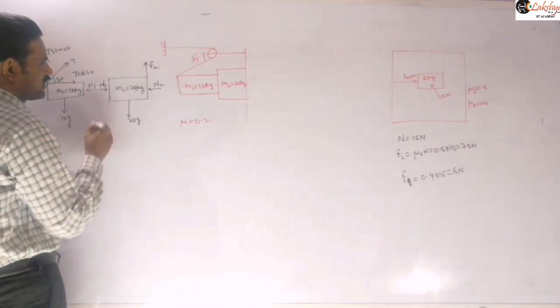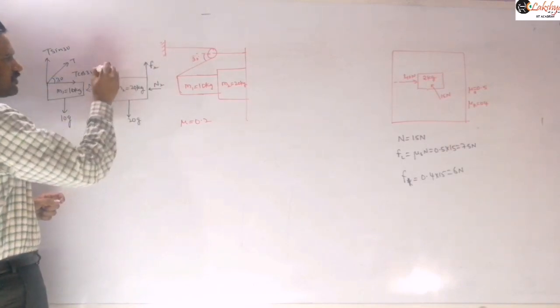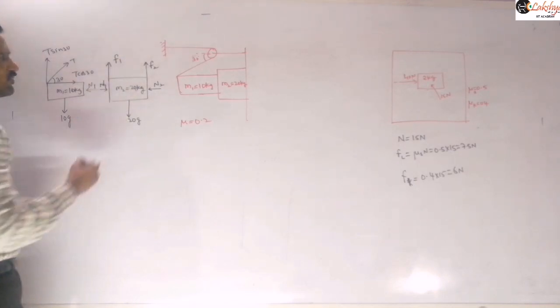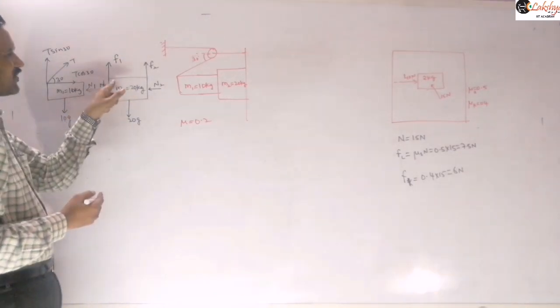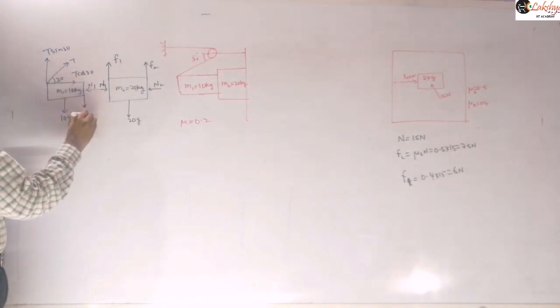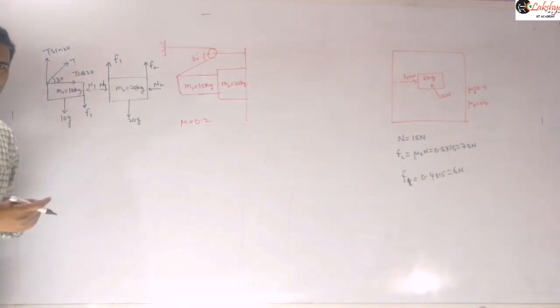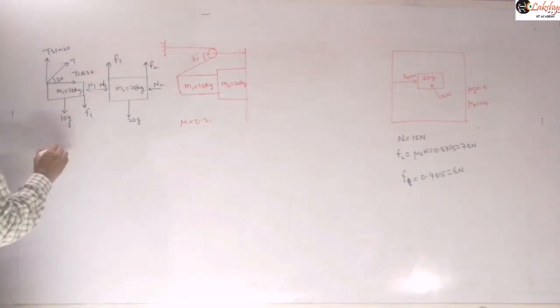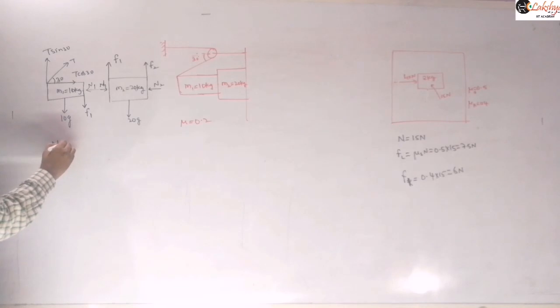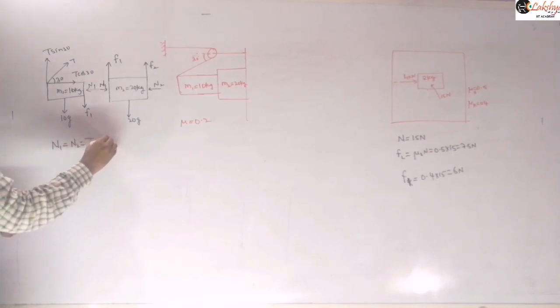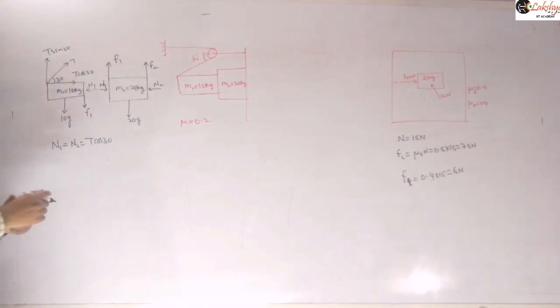Let it be F2. And here again the frictional force will be there. This block will start sliding down, so here also frictional force will be there, F1. If the frictional force is F1, then on this M1 the frictional force will be in the downward direction here, the reaction force, right? And here the normal reactions N1 and N2 we can write as N1 is equal to N2 is equal to T cos 30. That will be the normal reaction in the horizontal direction.